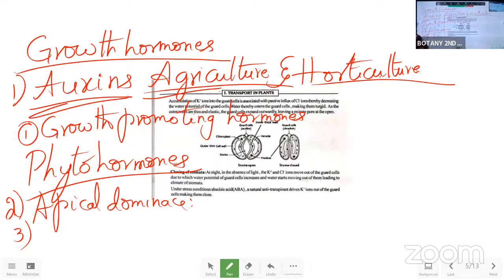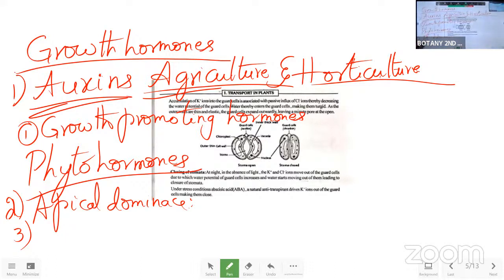So in this, the apical dominance means only the length of the stem is going to be increased by decreasing the branch formation in the plant body. That is the apical dominance. Example, we can see in the sugarcane plants, where the branches are very less or none, we can say, and only the stem length will be increased. And the next one is